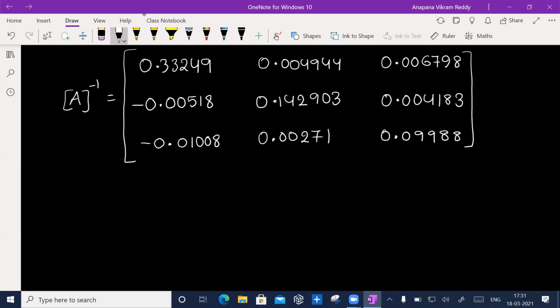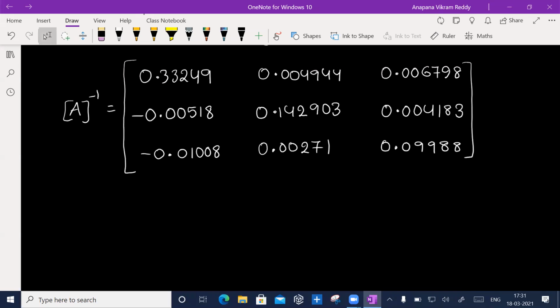This is what A inverse you will get. If you take your calculator, you'll get the answer, right? But in offline examination, you have to show the method in finding the inverse of a matrix. And you'll be given, at max, a 3 by 3 matrix, okay? Never 4 by 4, because they know the only thing is one should know the method, the approach. If it is 3 by 3 or 4 by 4, it doesn't matter. Approach is important, and they'll check that.